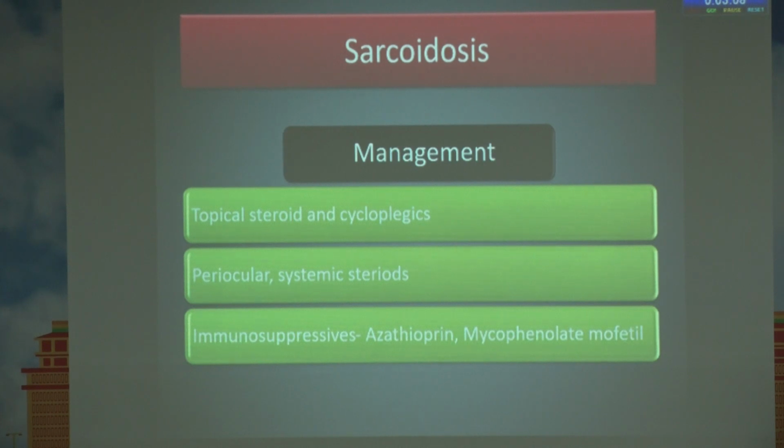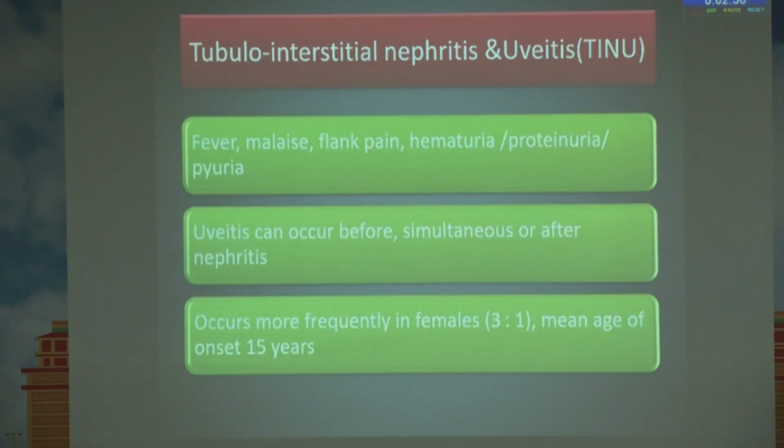They are managed by means of topical steroids and cycloplegics, but sometimes in cases of intermediate uveitis, where sarcoid can present like that, we will have to take the help of periocular or systemic steroids or immunosuppressive agents. Now one more important differential should be there, that is TINU. It occurs because of an insult from some microbial agent or some drug, and these kids usually present